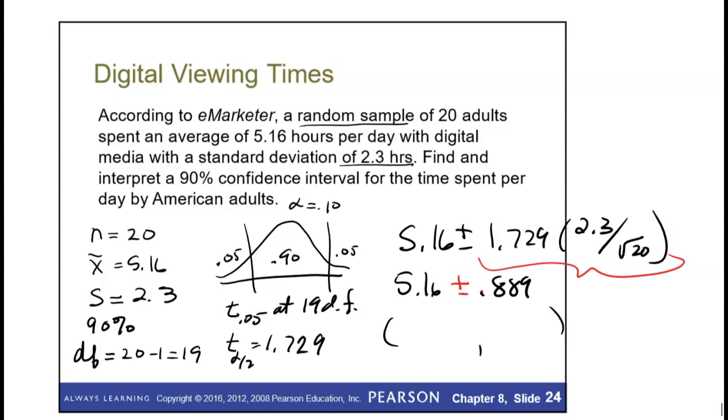Put your lower limit down first. Looks like 4.271. Add it. Put your upper limit 6.05. And your interpretation is exactly the same. Okay, your interpretation is we can be 90% confident